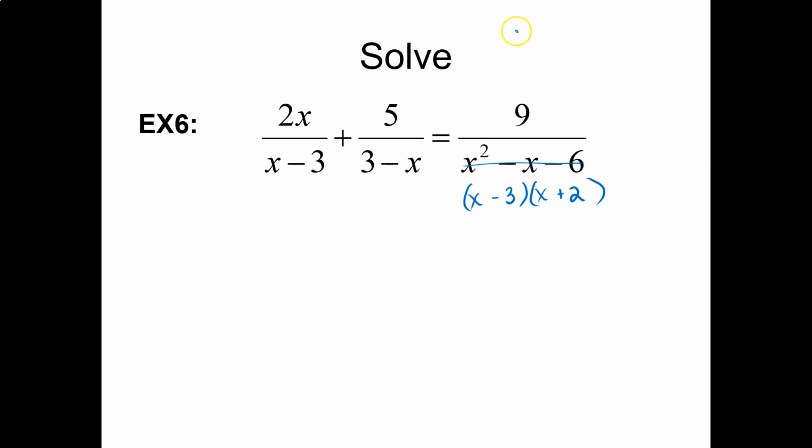So, if I look at my least common denominator, you're going to use all the denominators multiplied together, but if something's already there, you don't have to list it twice, right? So I'd have x minus 3, and I'd have this x plus 2,